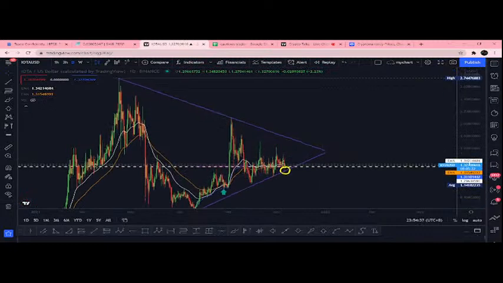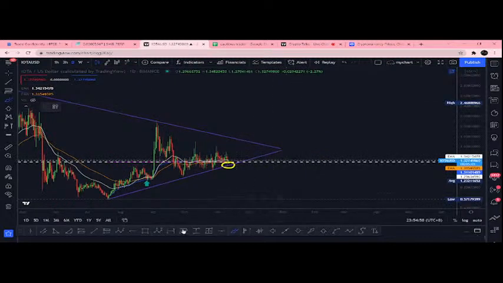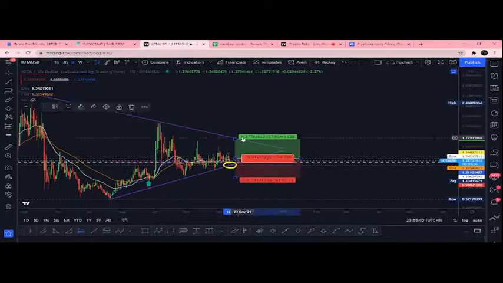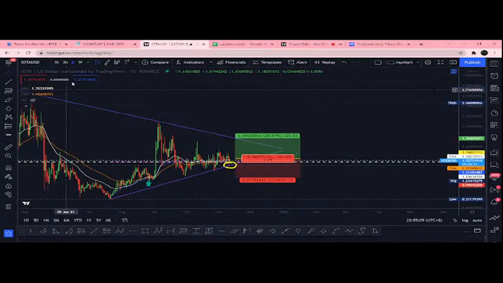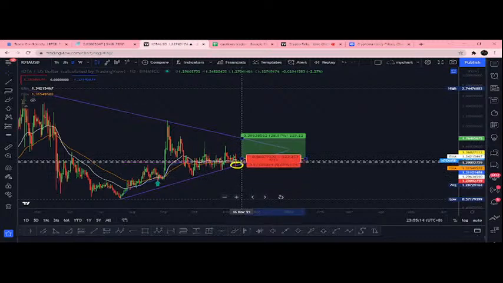So I might possibly on conservative note, wait a bit above EMA and then I'll go long. So we can actually use this one. Of course, on conservative note, we'll use that one as our